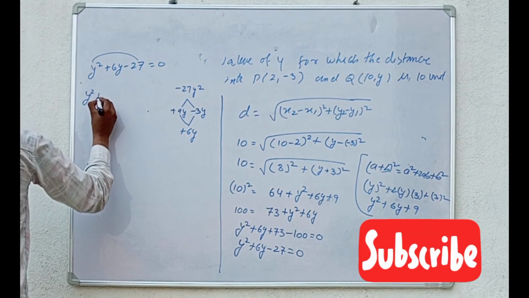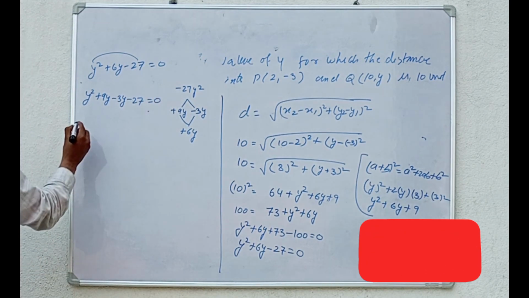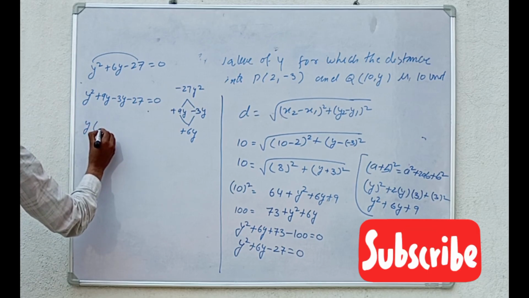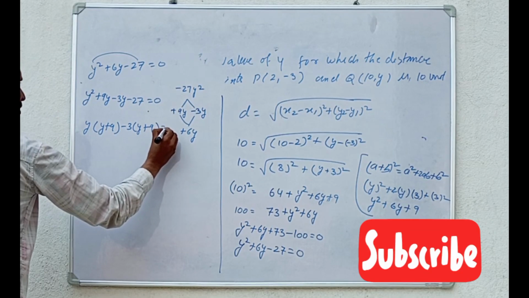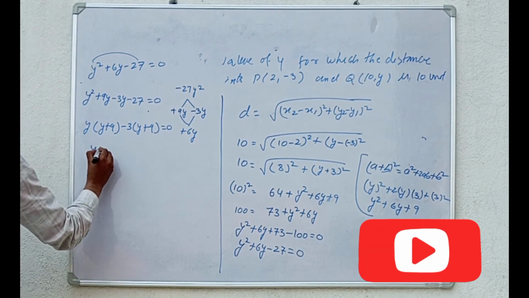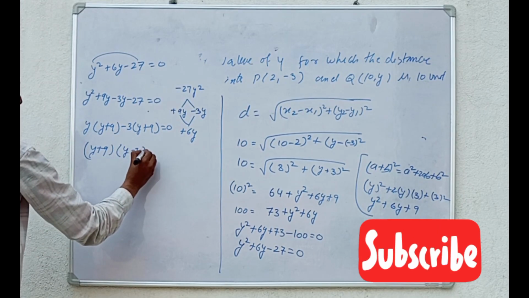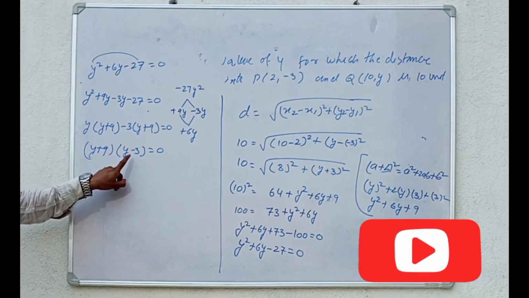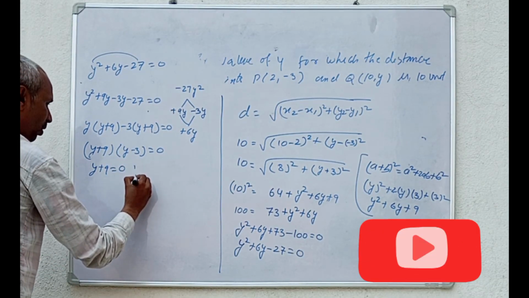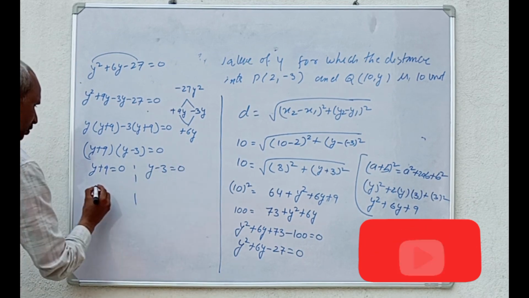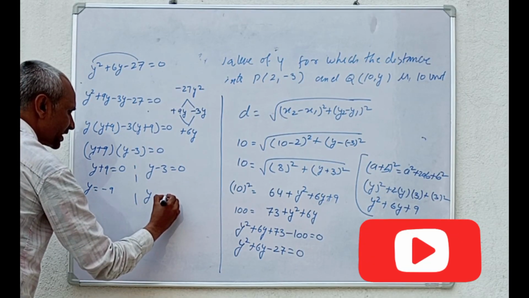We can write y square plus 9y minus 3y minus 27 is equal to 0. Now we can take the common in between terms. Y common taken, so y plus 9, and here minus 3 common taken, so y plus 9 is equal to 0. Now the common is y plus 9, and the remaining y minus 3 is equal to 0. Means either this is 0 or this is 0. In that we can say that y plus 9 is equal to 0, or else y minus 3 is equal to 0. So y is equal to minus 9 by transposing, or y is equal to, this will go that side, so plus 3.